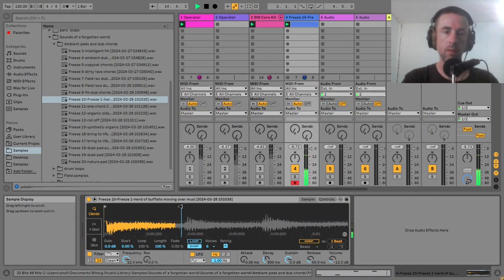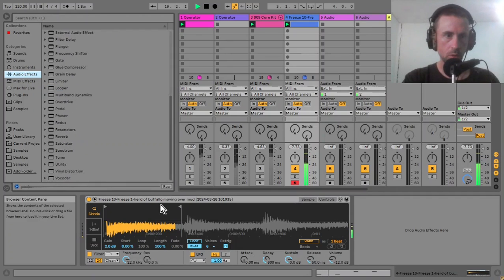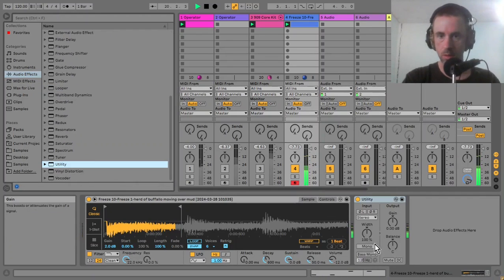So I'm adjusting the endpoints, so we just got that first part of the clip playing, and I'm just going to normalize the volumes. And I'm just going to run it into mono, just for this example. Alright, so we got our